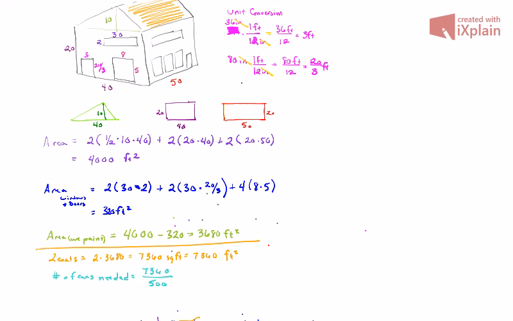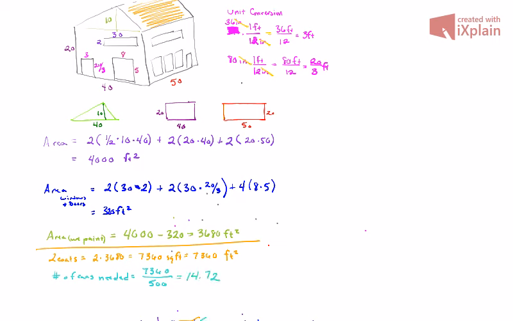In doing so, I'm basically breaking that entire surface area into chunks. So if I can find out how many chunks of 500 square feet I can get from the 7,360, that clues me in how many cans of paint I'm going to need. Well, this comes out to